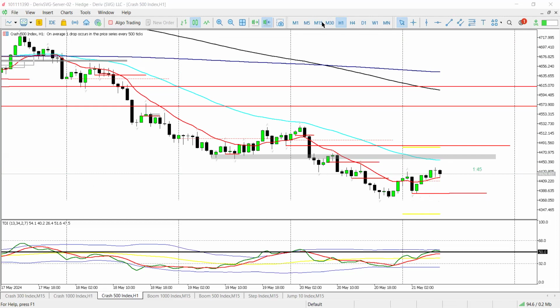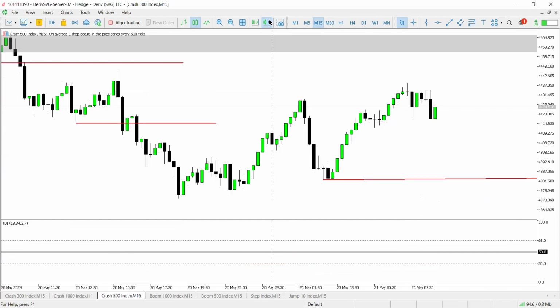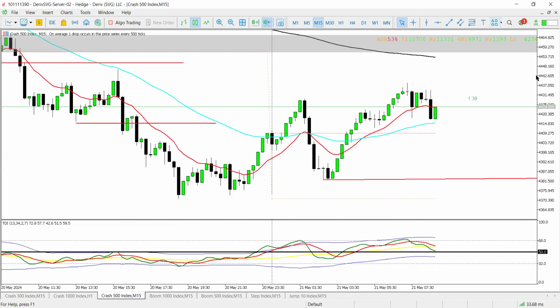So let me see M15. Okay, I'm very open to seeing this price come above, create a high. Remember, like I said, we've got a significant zone above where price currently is. So yes, they might show that they want to sell, but they might still come, extend today's highs,